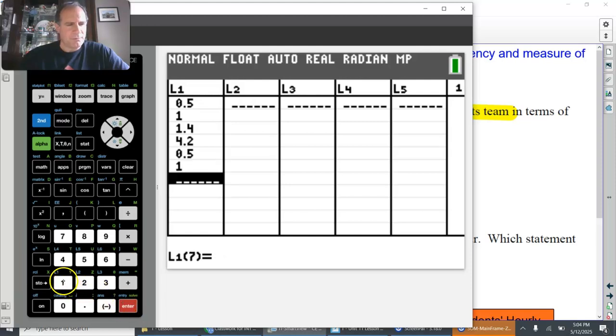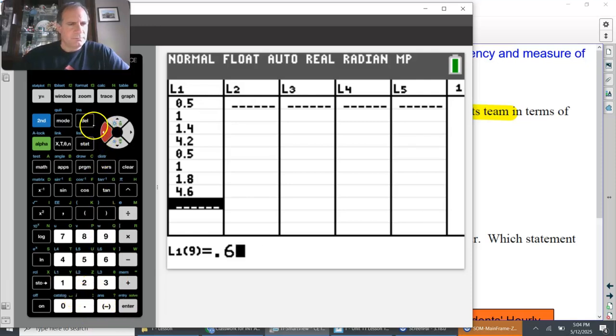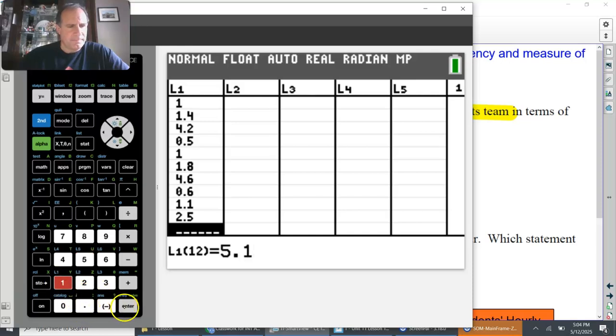1, 1.8, 4.6, 0.6, 0.6, 1.1, 2.5, 5.1, 0.7, 1.25, 3.7, 6, 0.75, 1.3, 3.8, 6.3,